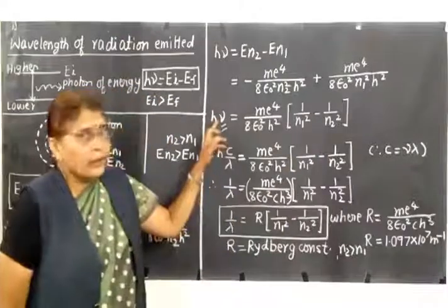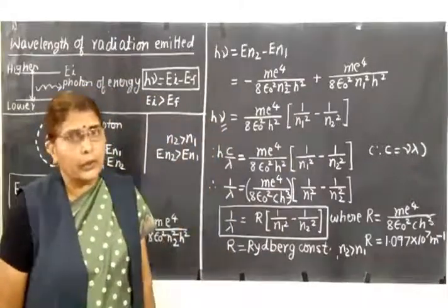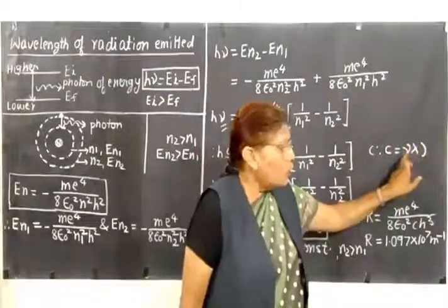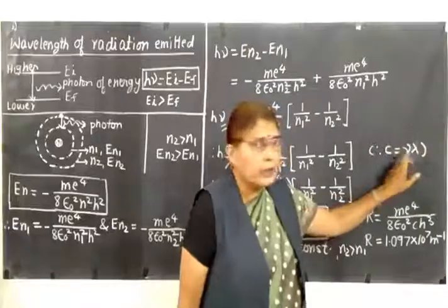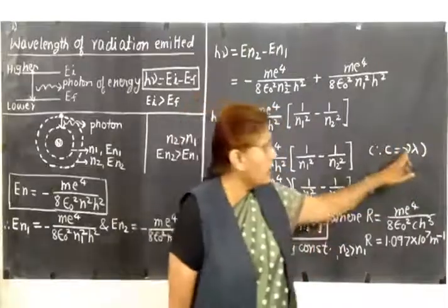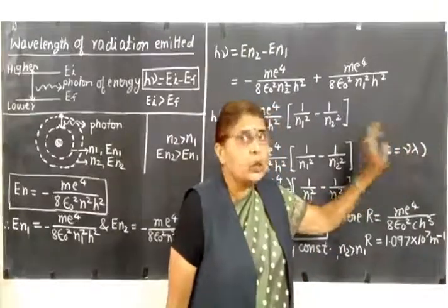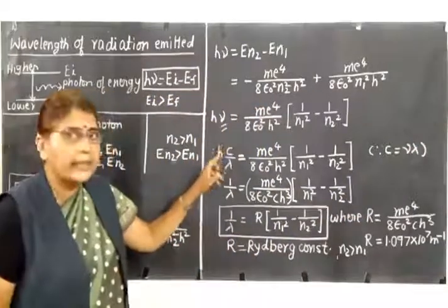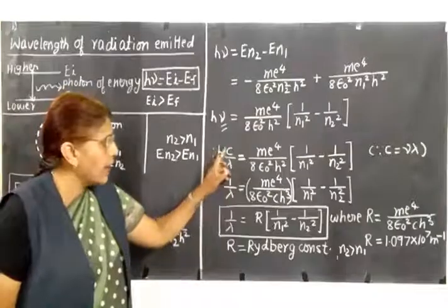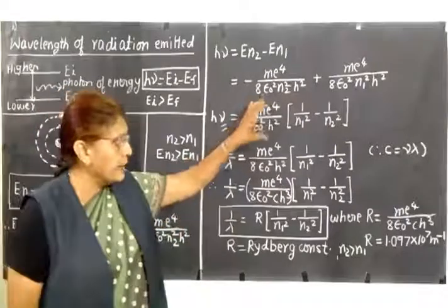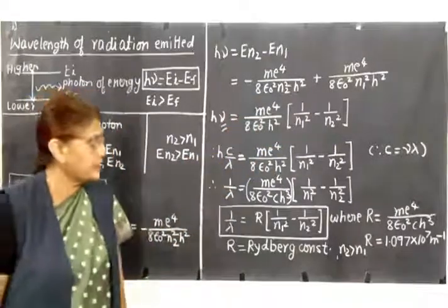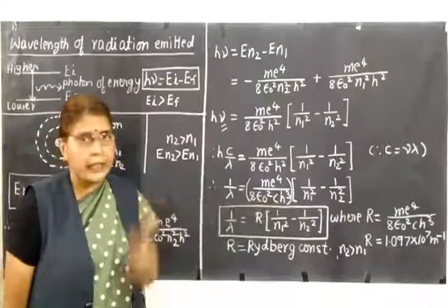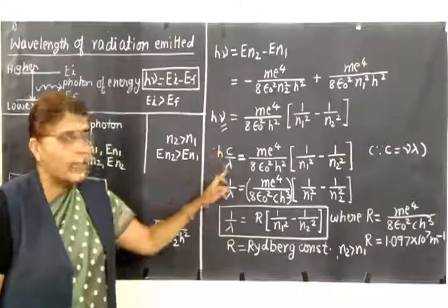Then let us substitute for nu. You know that the velocity of the photon c is the product of frequency and wavelength, that is, c is equal to nu lambda. From this relation, what is the value of nu? Nu is equal to c upon lambda. So for nu, I have substituted c upon lambda. So here on this side I have hc upon lambda, and the right hand side is as it is, there is no change. Now let us take c and h to the other side. They will come to the denominator, so I will get the value of 1 upon lambda.